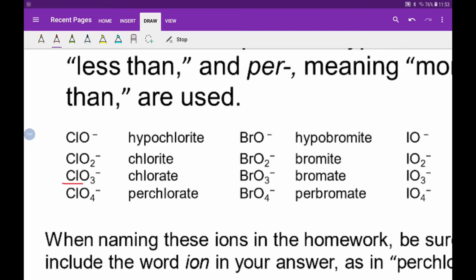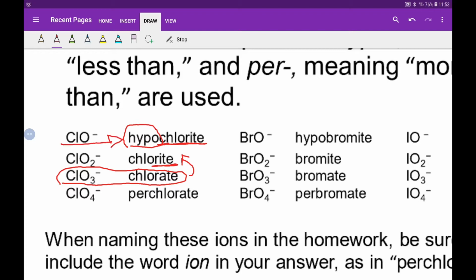We started with chlorine with 3 oxygens and it gave us chlorate. If we were to lose an oxygen, it becomes chlorite. Okay, so we lost an oxygen from chlorate to chlorite. If we were to lose an extra oxygen, it's still going to be chlorite, but in order to indicate that we lost an extra oxygen, we add the prefix hypo in front of it. So it'll be